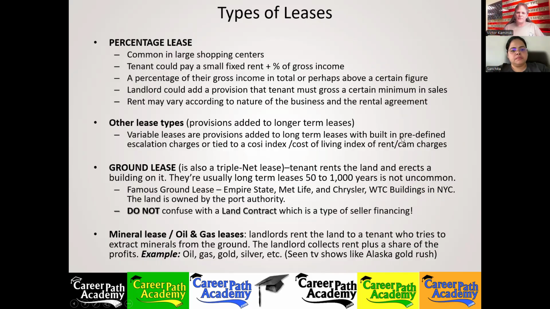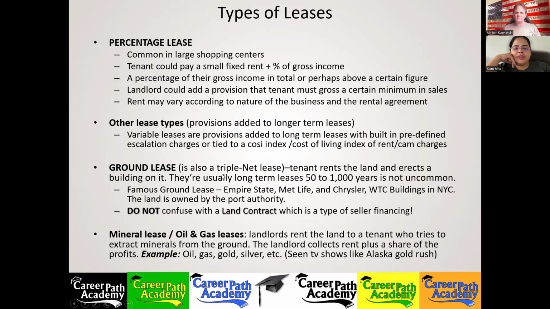Now, you could either predefine them or you could tie them into a cost of living index. It says that, okay, well, the second Sunday in January of the new year, whatever the index says, as published in the New York Times, that's the percentage that your rent goes up in your lease. They're tying it into a cost of living index, possibly. You don't see that a whole lot, but that does happen.